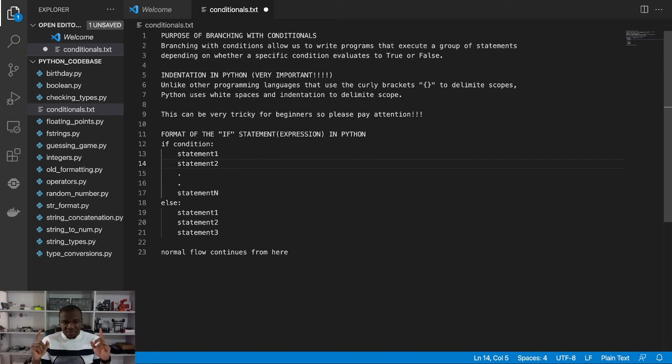However, sometimes we also want to have an else check. What the else does is, if the condition evaluates to false, then the program statements that are indented under the else are the ones that are going to be executed. And over here too, we do the indentation the same way. You bring the else keyword, your colon, and then you indent your statements